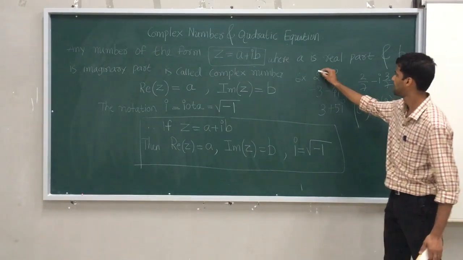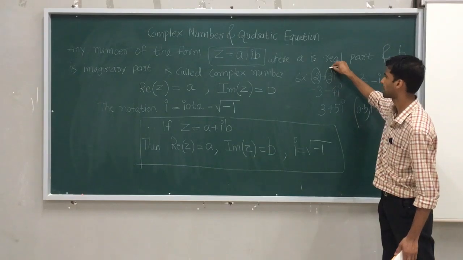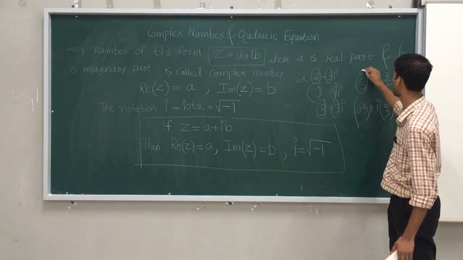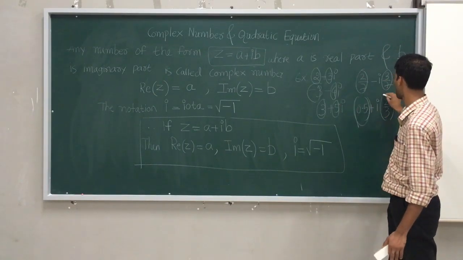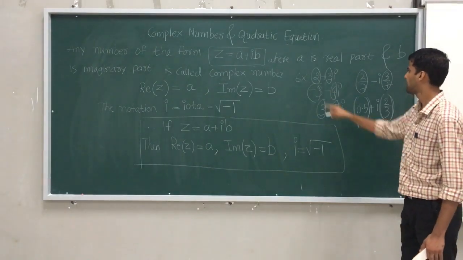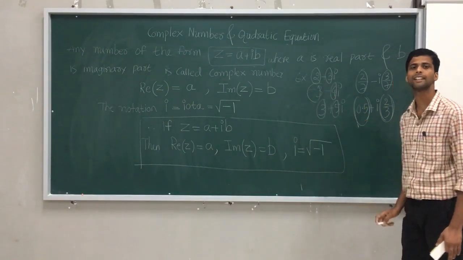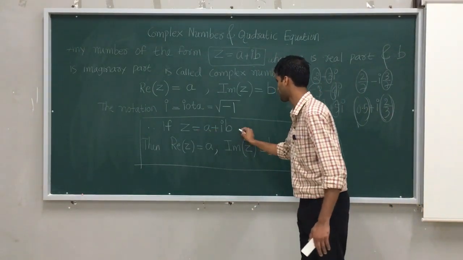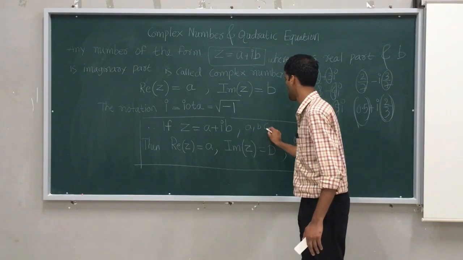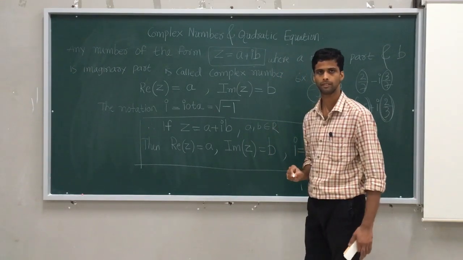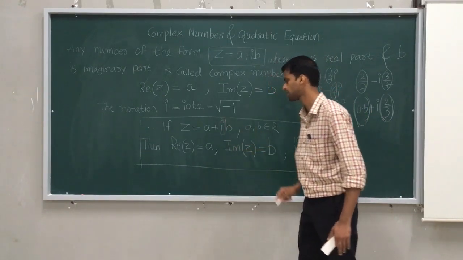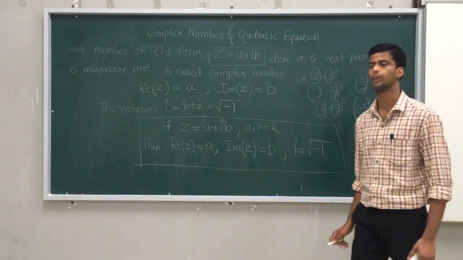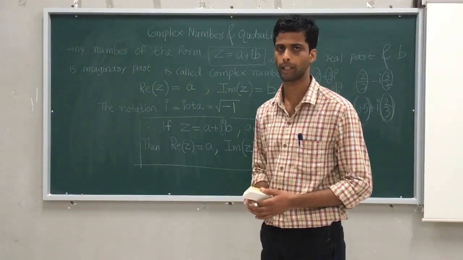In this, if you observe, real part, imaginary part, real part, imaginary part, and so on. If you observe, all the real parts and imaginary parts are real numbers. Therefore, in some textbooks they will write: if z equals a plus ib, where a, b both belong to real numbers. Only this iota notation is under root -1. Got the point? Therefore, this is a very important criterion in complex numbers.